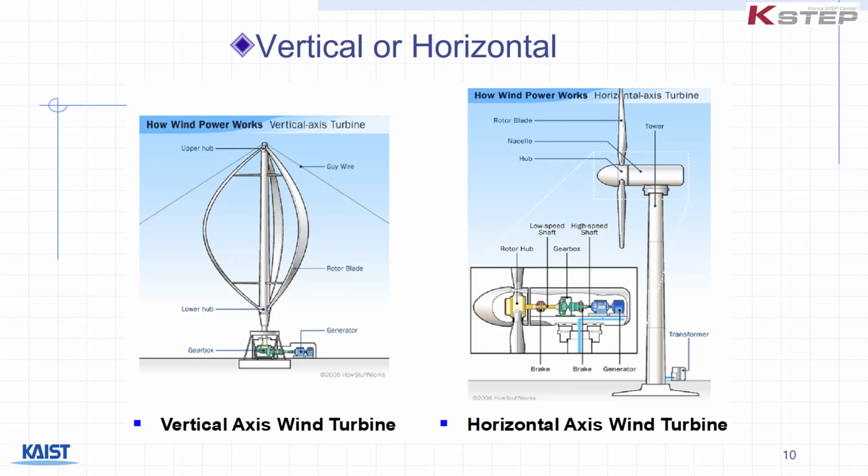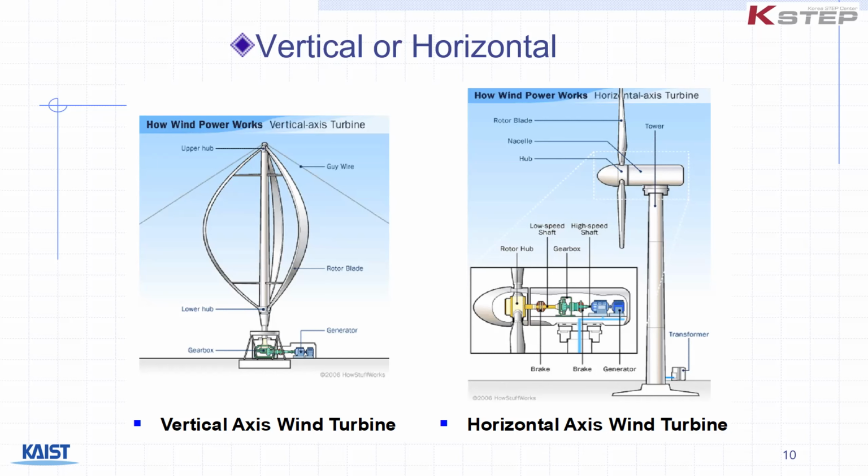So the weight of the tower, the size of the tower, including the blade, is increasing bigger and bigger, so you need a very strong and big tower in the horizontal axis. But for the vertical axis on the left-hand side, the weight of the whole wind power system is supported